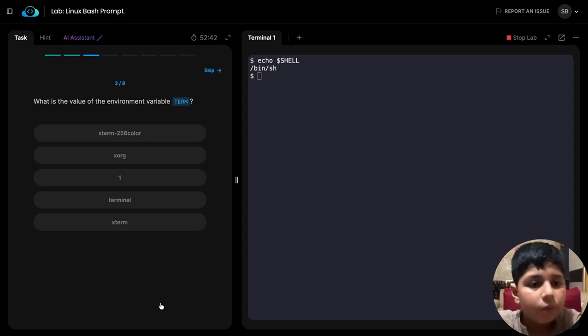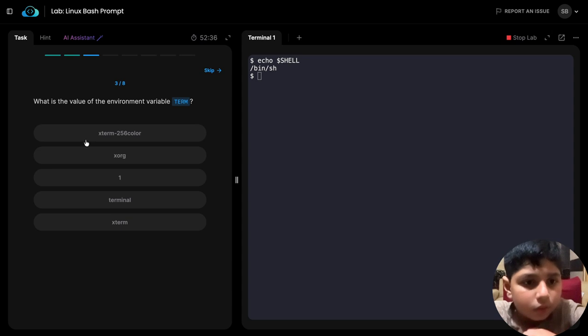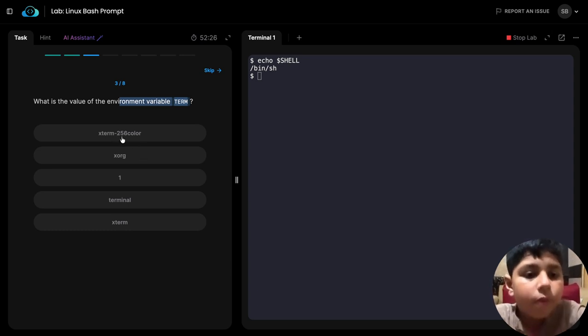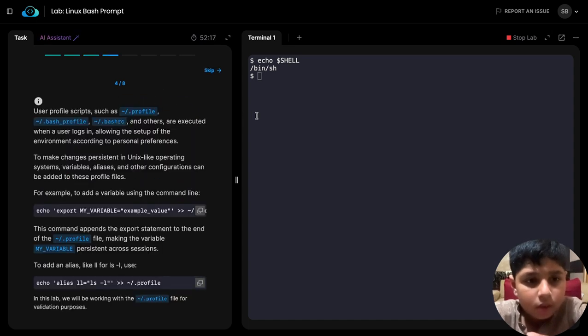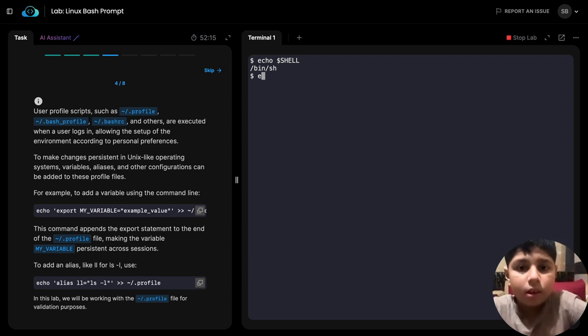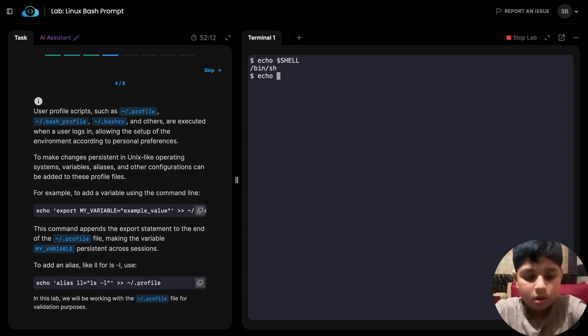What is the value for the environment variable TERM? The value of the environment variable TERM is xterm-256color. Let's go with this. And we can check with this. Look,